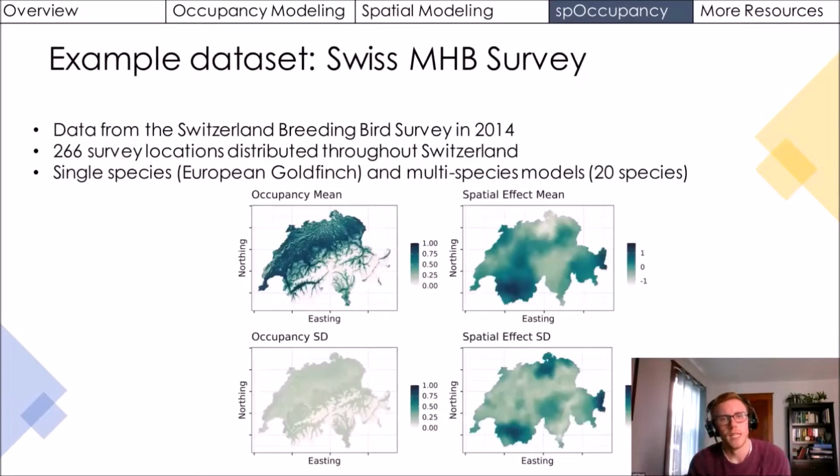Okay, so our example data set today comes from the Switzerland Breeding Bird Survey in 2014. If you've read the applied hierarchical modeling books, you might be familiar with this data set. It's commonly used as an example in those books. And what this data consists of is replicated detection/non-detection data from 266 survey locations that are distributed throughout